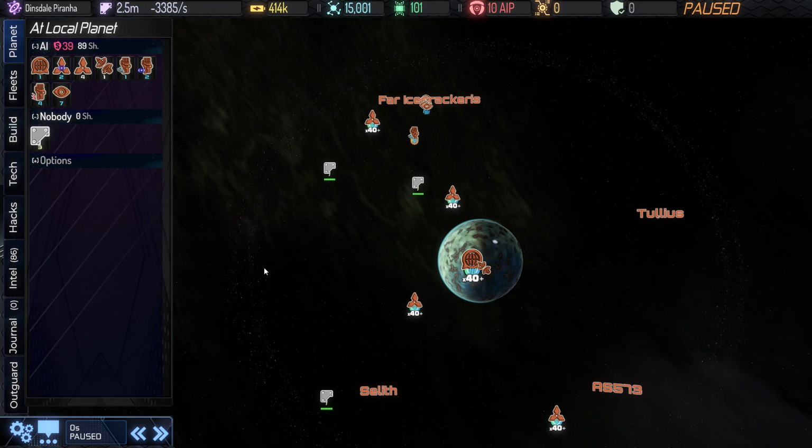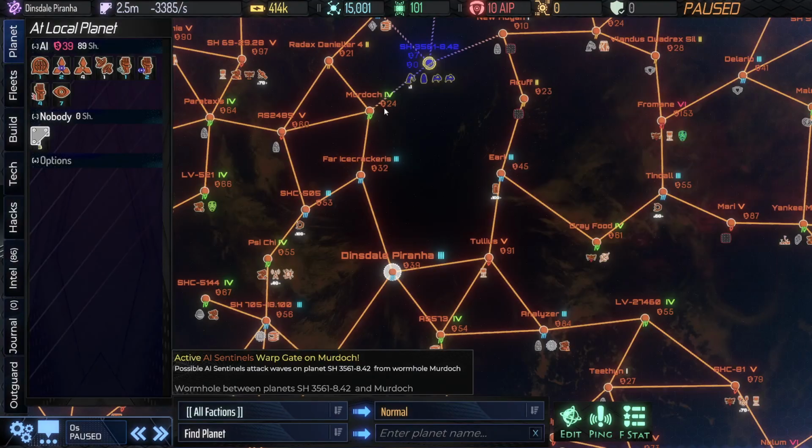Another possible scenario, let's say it spawns up here by Far Icecrackers. Okay, so we can defend against these three wormholes easily, but we're sitting right on top of this. Anything comes through here, we're not going to have time to destroy it if they're coming through in force. We're not going to have time to come rescue it. It's just a mess. We can't defend that successfully. Well,